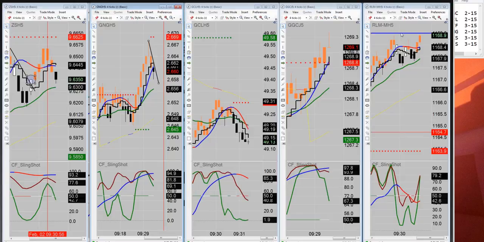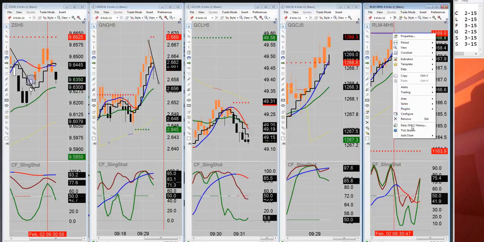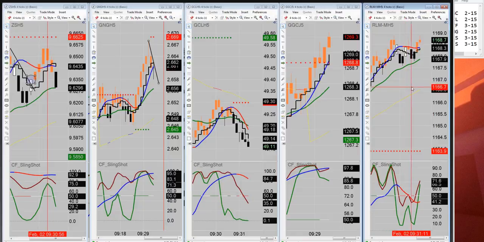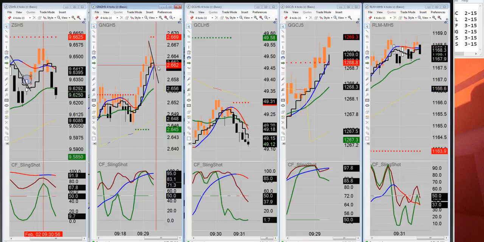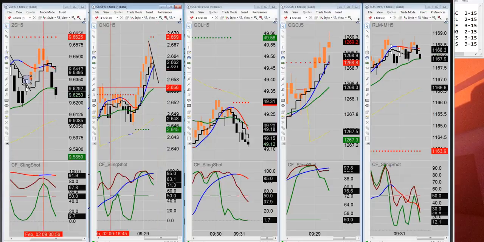All right, on the Russell, this right here is not a weekly trading zone. That was from last week, I'm guessing. And on natural gas,